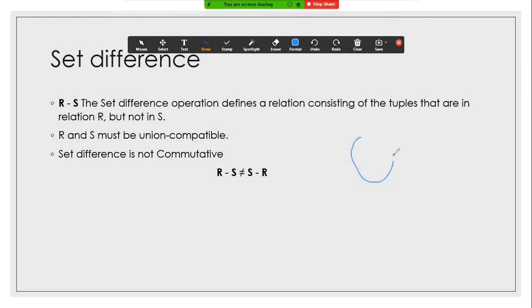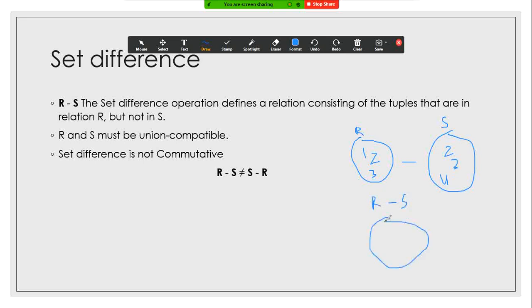Here we have this set R and we have this set S. Here we have three values 1, 2, 3. Here we have 2, 3, 4. So what will be R minus S?